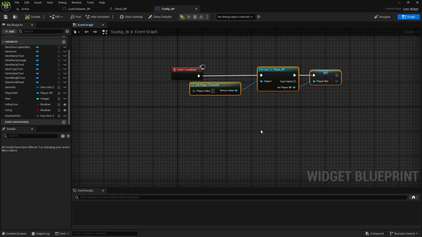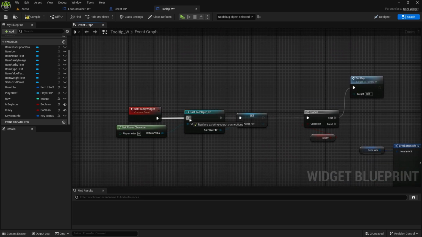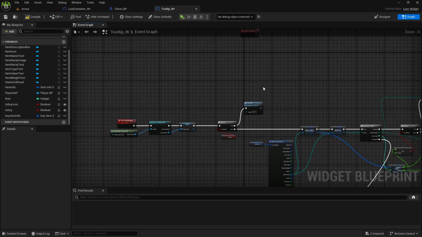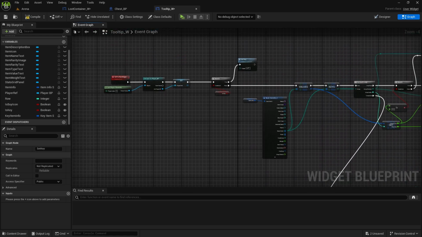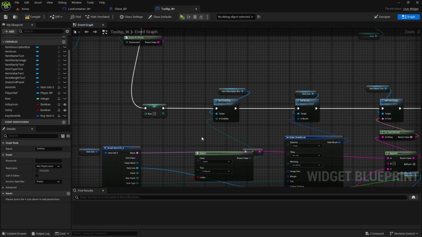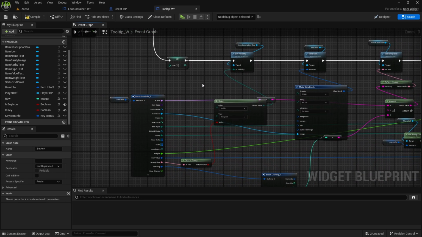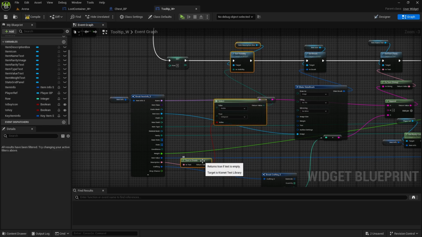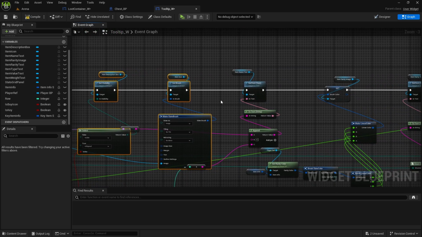we need to get a player reference again here now because we're setting it directly, and that way it won't create in time. So make it here, and we set key, and then so it's true. What do we need on key? We need description, visibility, text is empty, item icon, and a brush, item name,